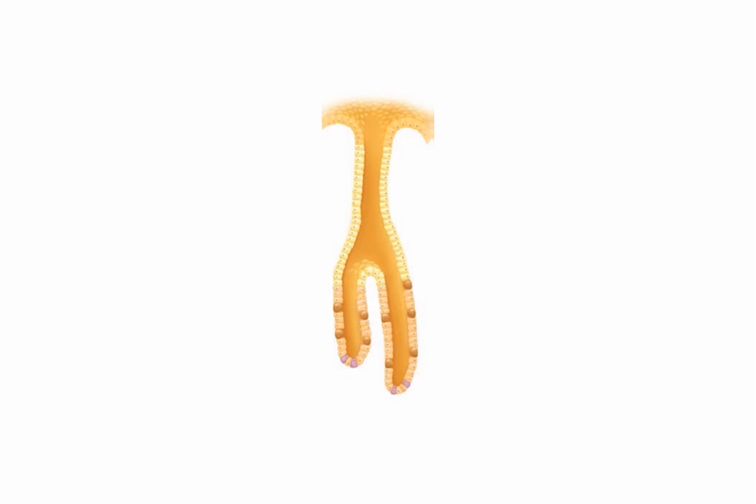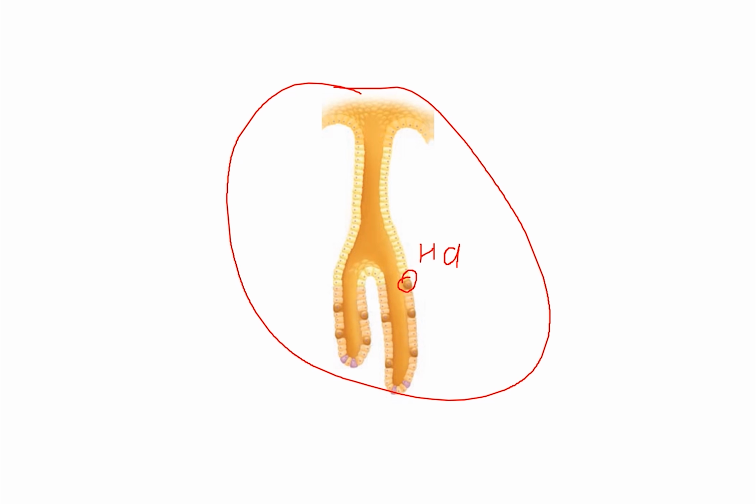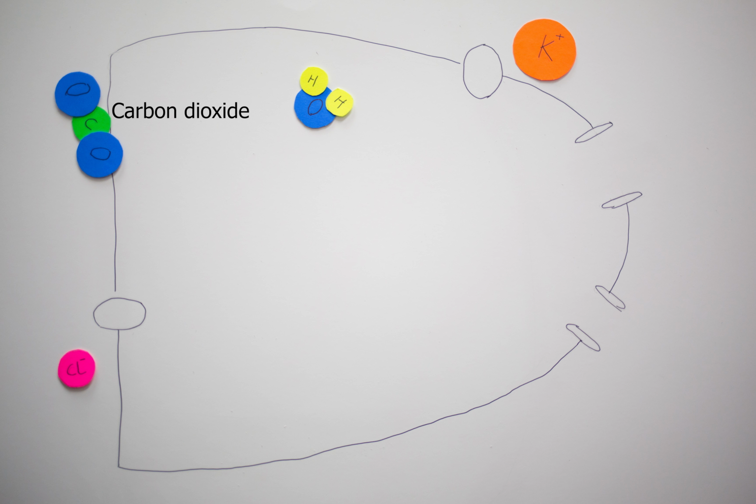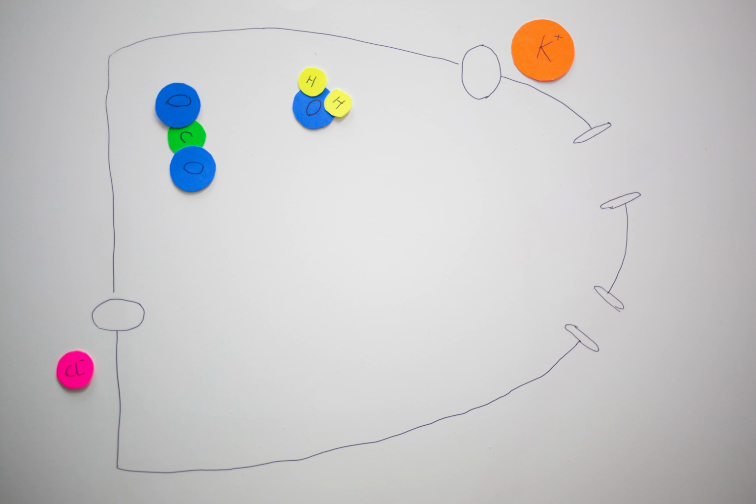Parietal cells are cells located in the gastric gland in the lining of the fundus in the stomach, and they are responsible for the secretion of massive amounts of HCl and water into the stomach. The way HCl is produced by parietal cells is through a series of chemical reactions and ion exchanges. First, carbon dioxide, which is produced as a byproduct of normal metabolism, enters into the parietal cell via simple diffusion,